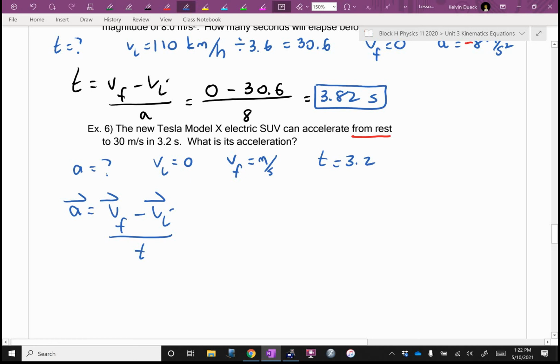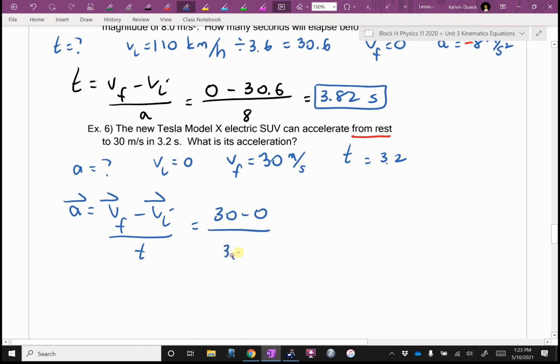Amrit, what was VF? Oh, I forgot to write the number. I just wrote the units, silly me. Give myself more room. Everyone makes silly mistakes. I make more than most. Well, mistakes are how you learn. So that means you have to solve. There you go. So it's going to be 30 minus 0